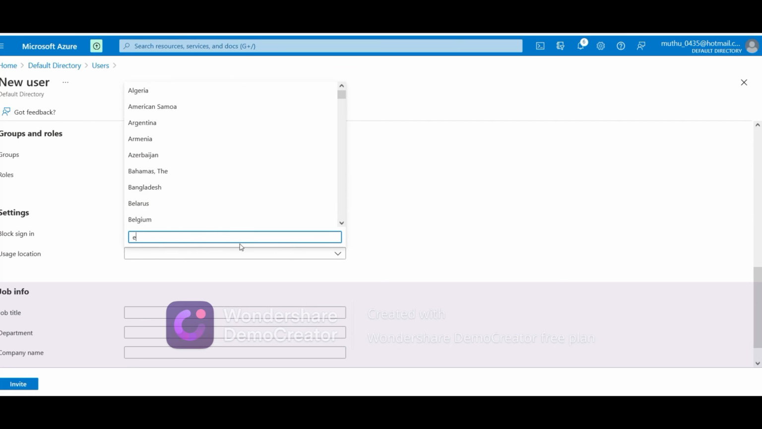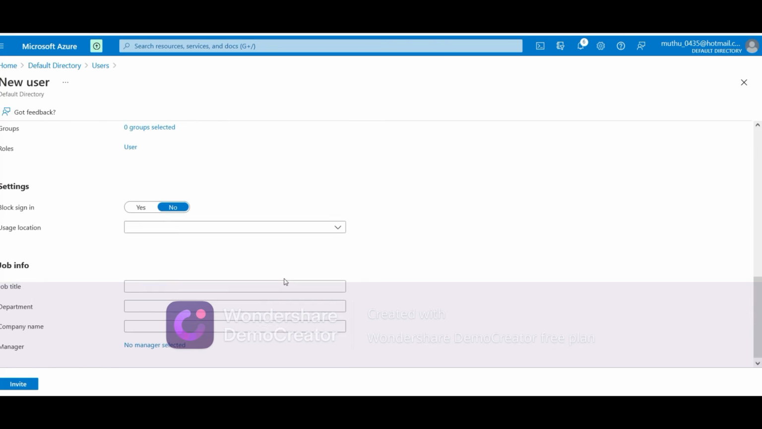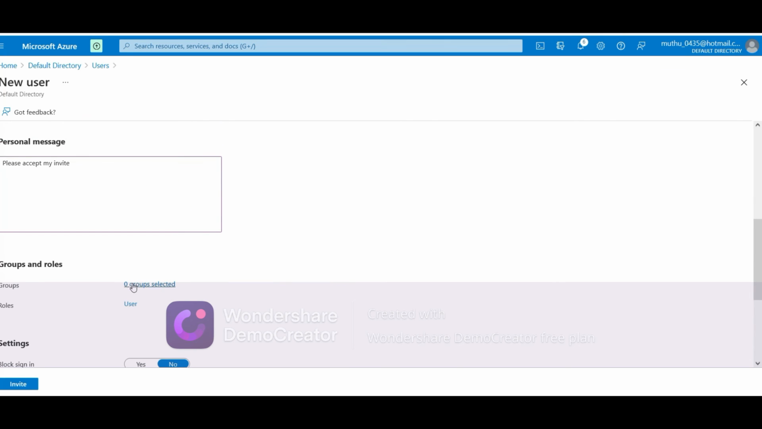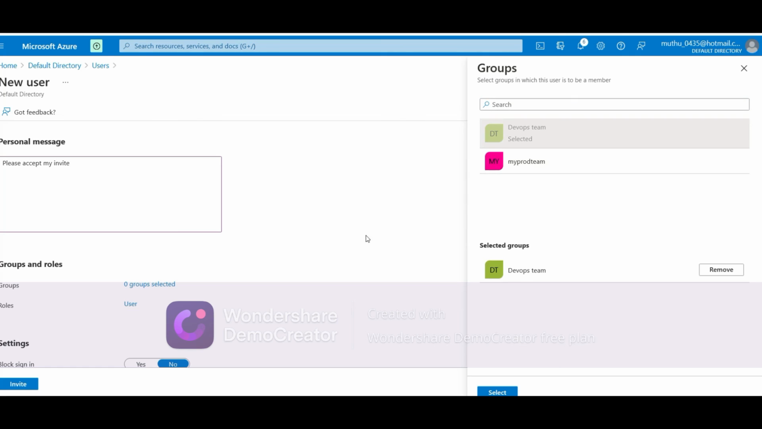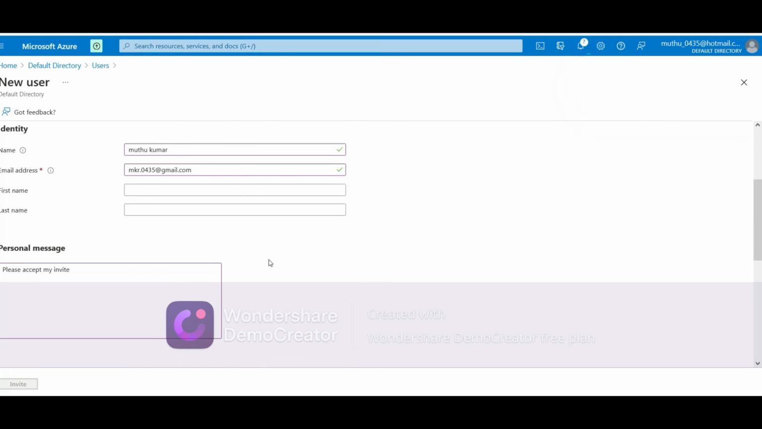Location, you can select US. Job title. This all can be default. You can select the group, selecting this group, and inviting the user. It will send the invite to